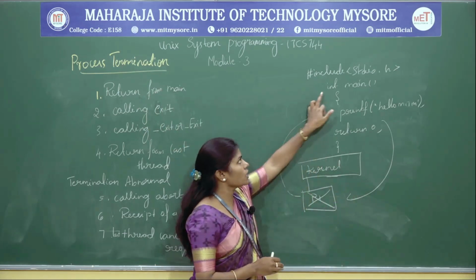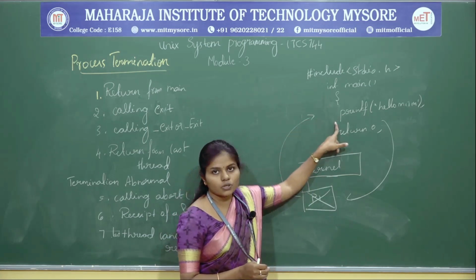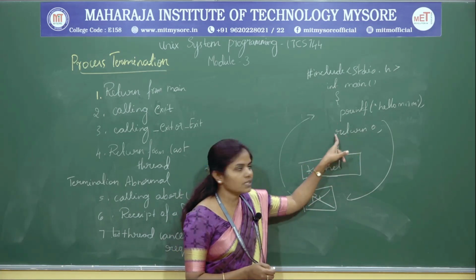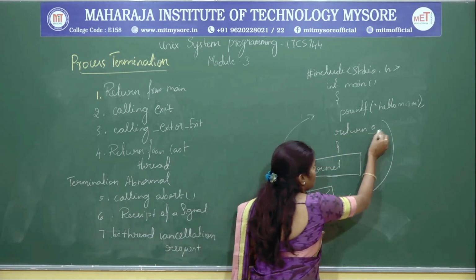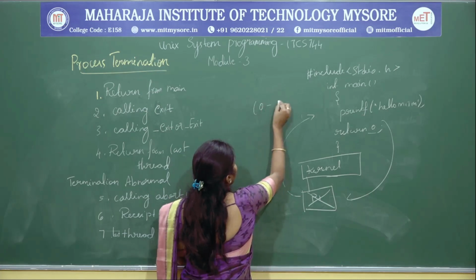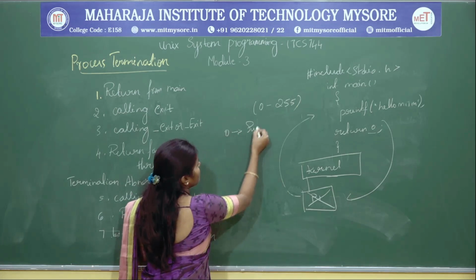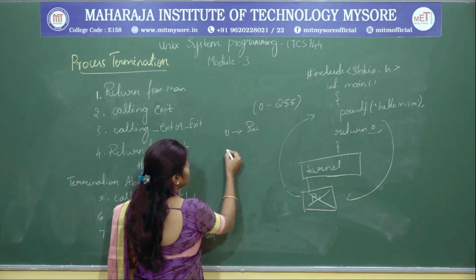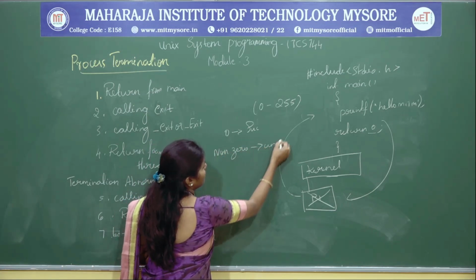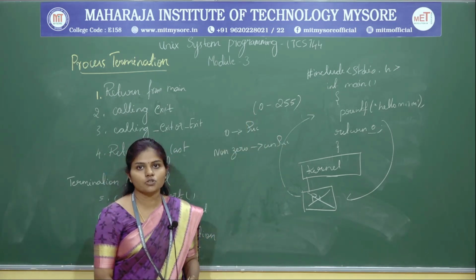See here, the control comes to here. It is going to execute the program, and after executing, it fetches the statement return 0. Since it is returning an integer value, it returns 0 to 255 by default. If it is 0, it indicates success. If it is other than 0, that is non-zero, we call it unsuccessful. So this is what the return statement of the main function returns.